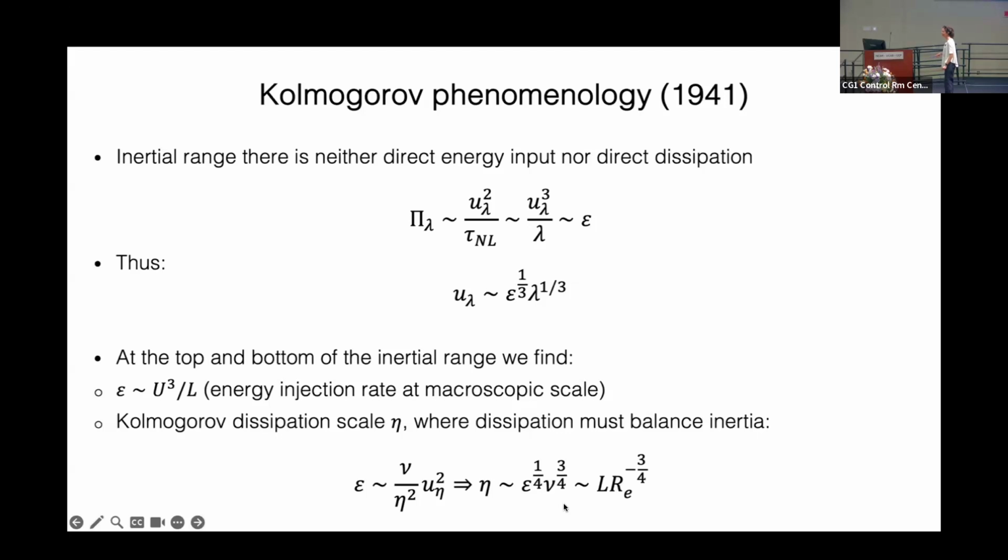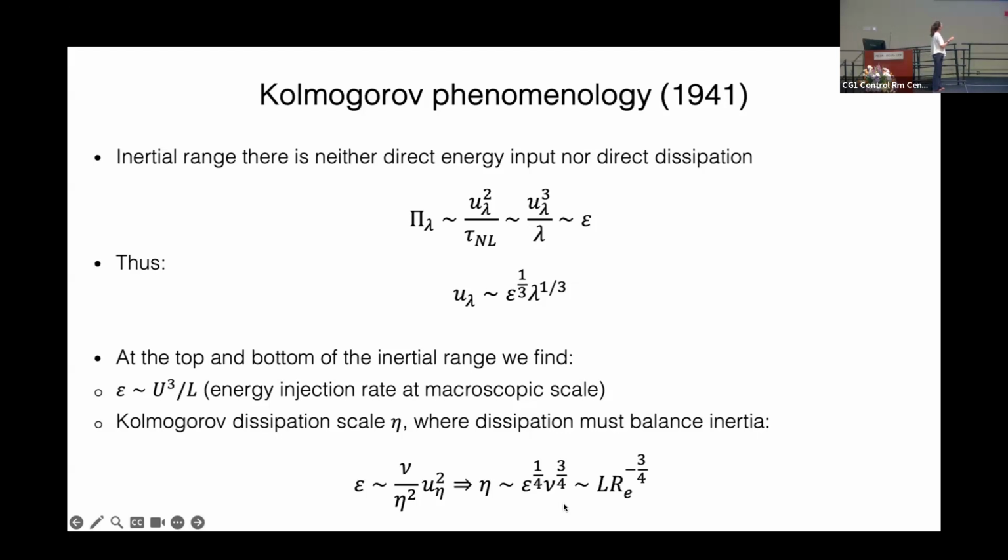If you look at this process in Fourier space, energy injection is far away and dissipation is far away. But it's indirect in the sense that energy is injected at a given scale and then it cascades. Of course, there is the effect of injection and dissipation through the turbulent cascade. It's semantic.